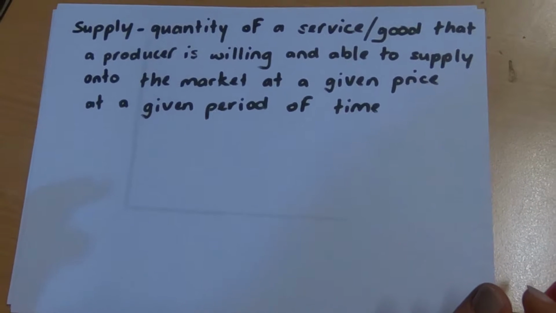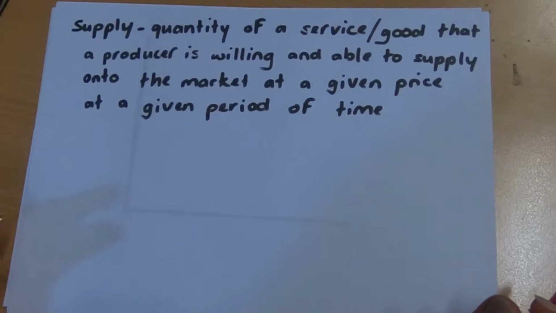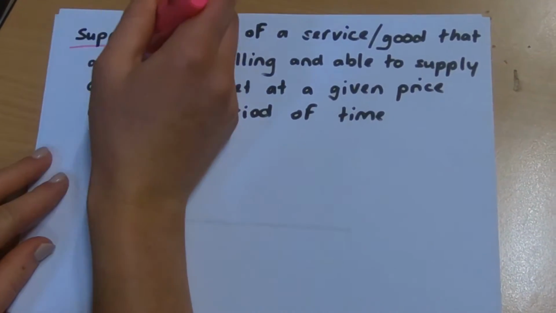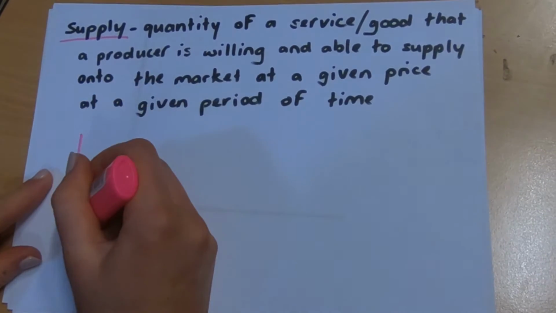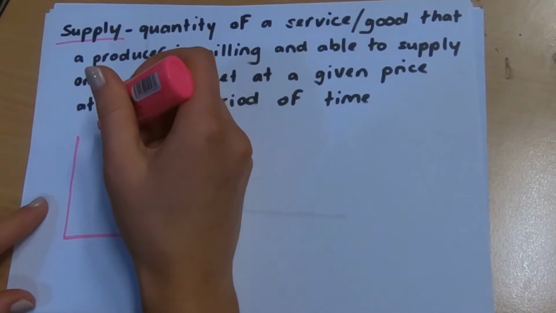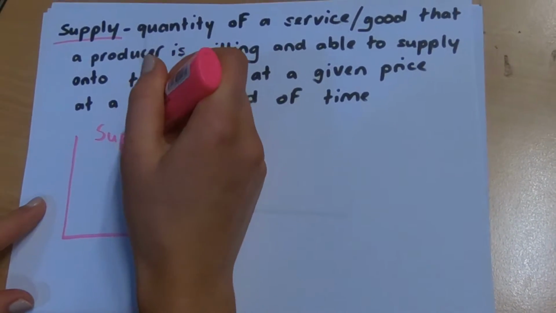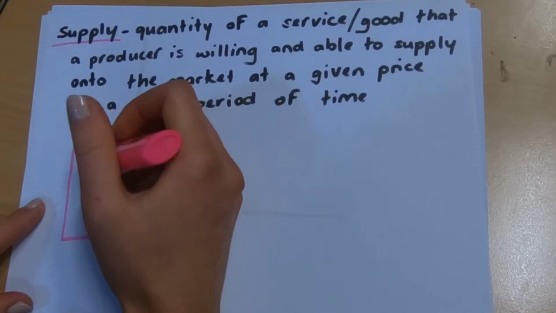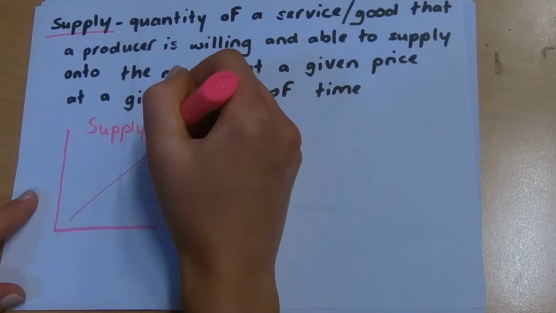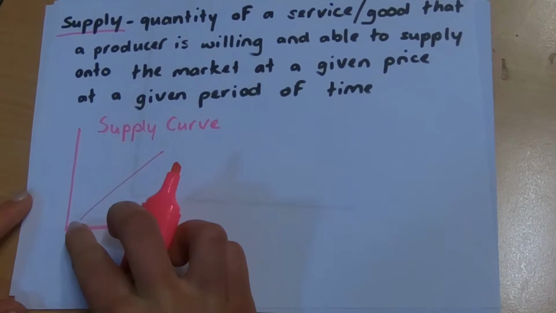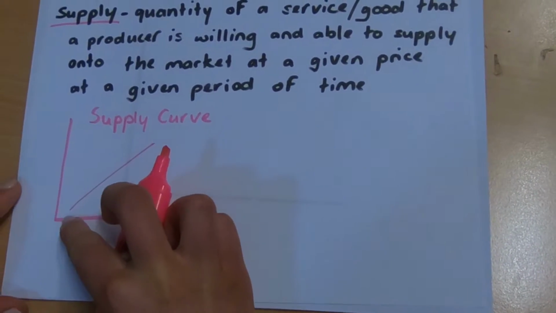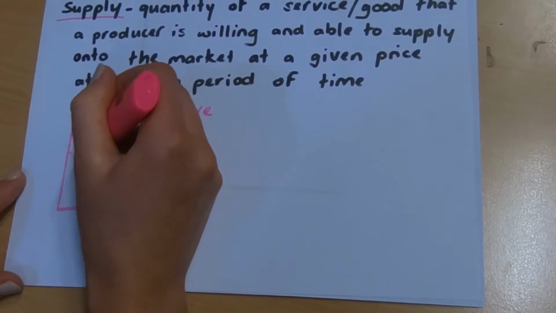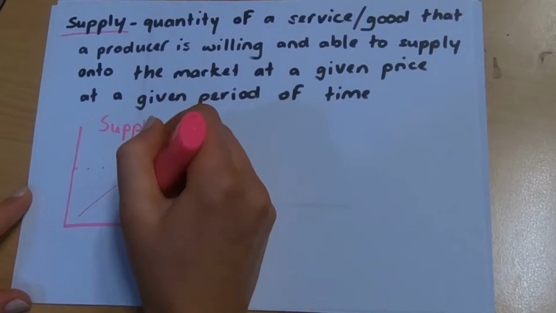Supply is the quantity of a service or good that a producer is willing and able to supply onto the market at a given price and at a given period of time. This is a supply curve. And as you can see, it slopes from left to right, upwards, which means that there's a positive relationship between